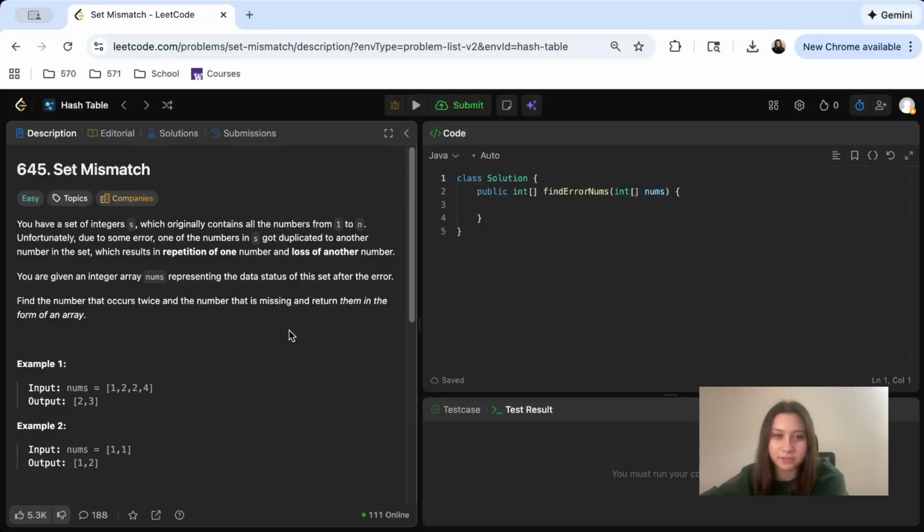So we have a set of integers s which originally contains all the numbers from 1 to n. They say unfortunately, due to some error, one of the numbers in s got duplicated to another number in the set, which results in repetition of one of the numbers and loss of another number. So we're given an integer array called nums representing the data status of the set after the error, and they want us to find the number that occurs twice and the number that's missing